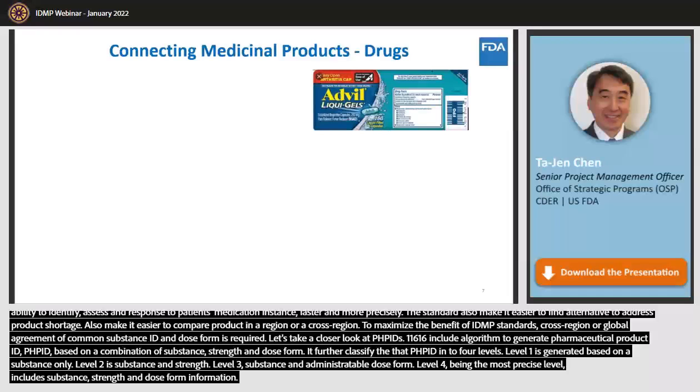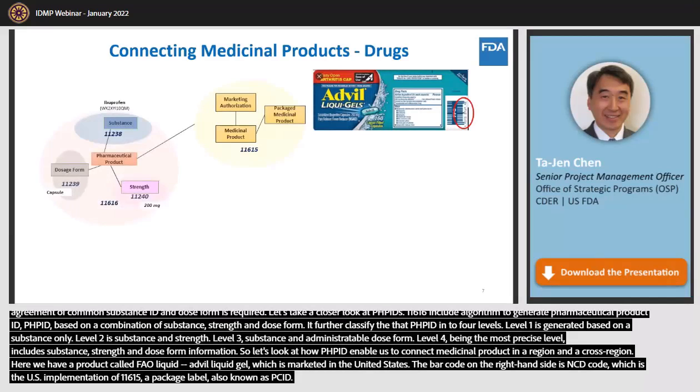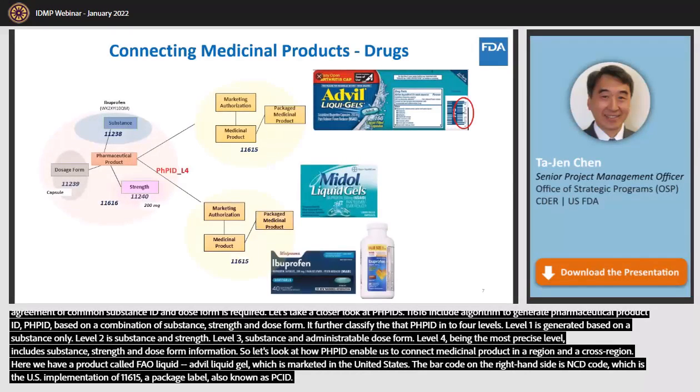So let's look at how PHPID enables us to connect medicinal product in a region and across region. Here we have a product called Advil liquid gel, which is a medicinal product authorized to be marketed in the United States. The barcode on the right hand side is the NDC code, which is the US implementation of 11615 at package level, also known as PCID. Each capsule is a pharmaceutical product that contains ibuprofen at 200 mg with dose form as capsule. Now, with substance, dose form, and strength, we can calculate level 4 PHPID that would allow us to link